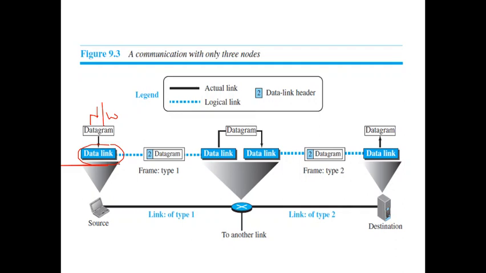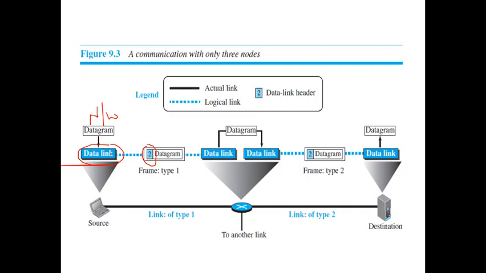It is logically connected. So what exactly does this data link layer do? Whenever it receives the datagram, it attaches a header or trailer or both. That is, control information required to transfer the data from one device to another device will be attached. Here I consider this is the header which is added to the datagram before it delivers the data to the next device. We'll see what the contents of these headers are later. As of now, we'll consider only the header. This header will be attached by the data link layer of the sender, and that will be forwarded to the next device or next node.